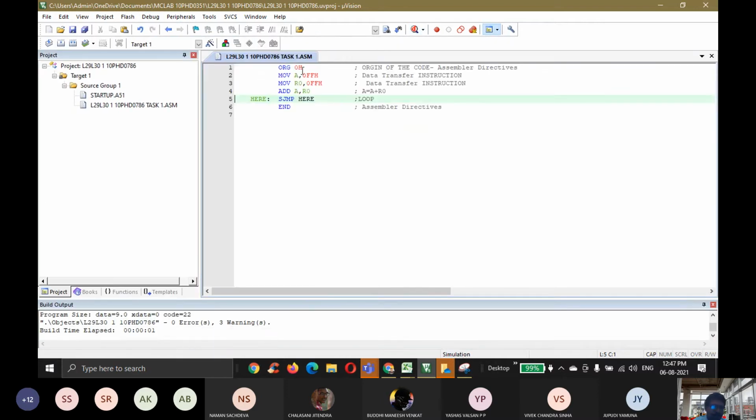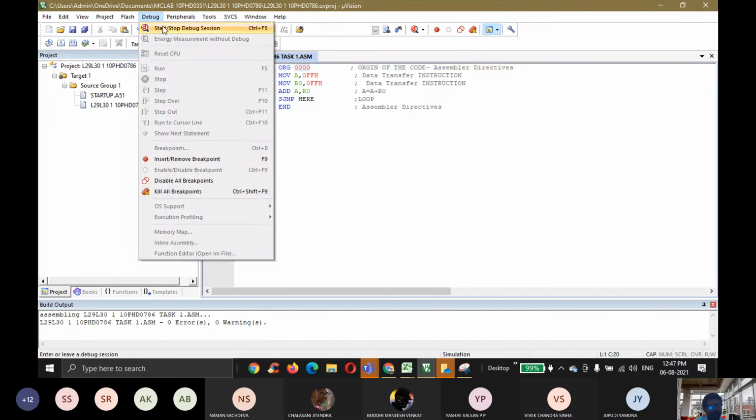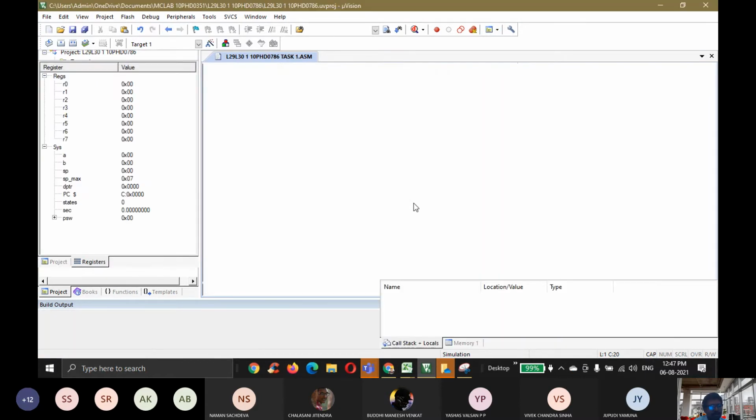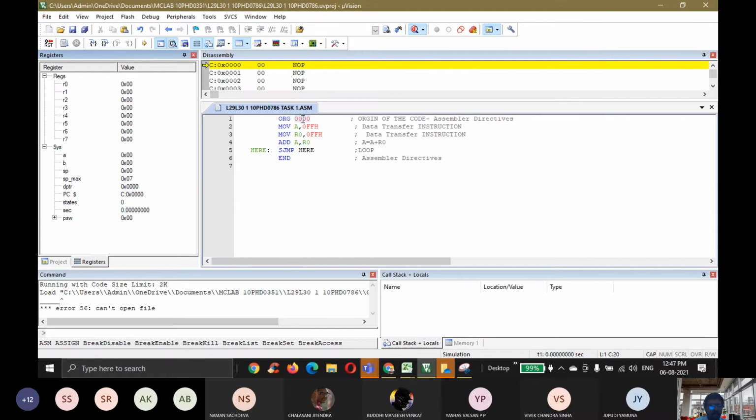Another important thing is if you want to give ORG, you can also give 0000H, no problem. Or like this, four zeros, if you give also, no problem. If you build, automatically it will take it as 0. In this case also, it will work. So sometimes in textbooks, it will look like this.